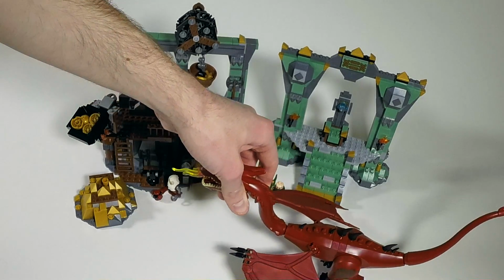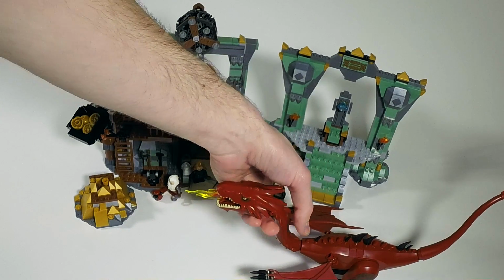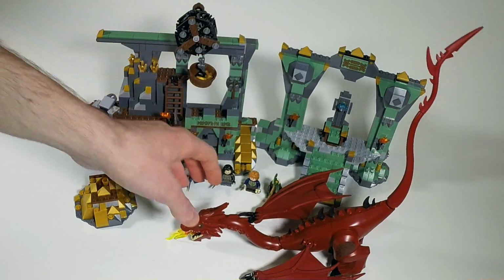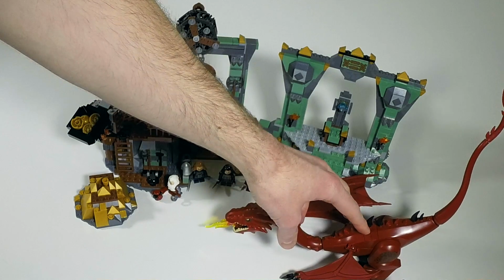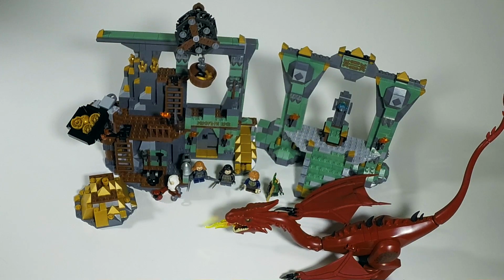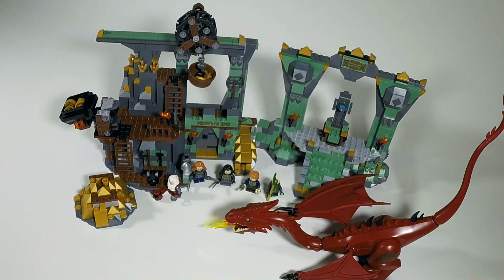As far as the cost, this was $130 retail. Nice size set. I would say the set on its own, without Smaug, could definitely be justifiable for a $90 to $100 set, the minimum. And so, saying Smaug is about a $30 added bonus, I'm not too uncomfortable with that cost. Obviously not. I did pay for this, and thought it was definitely worth taking a look